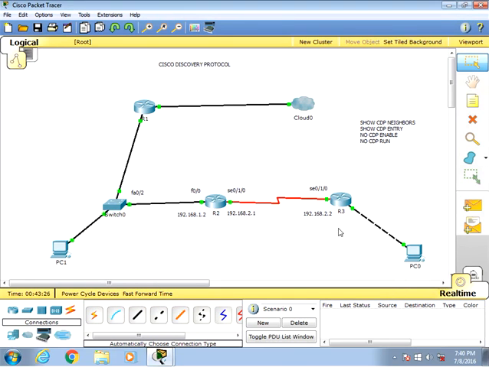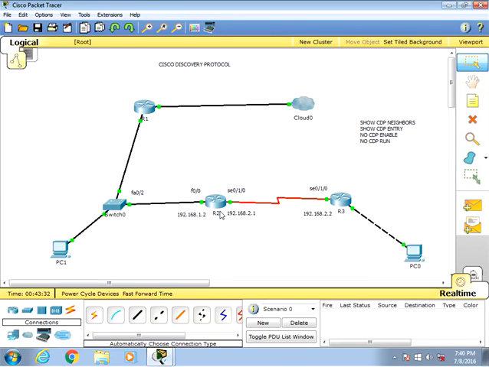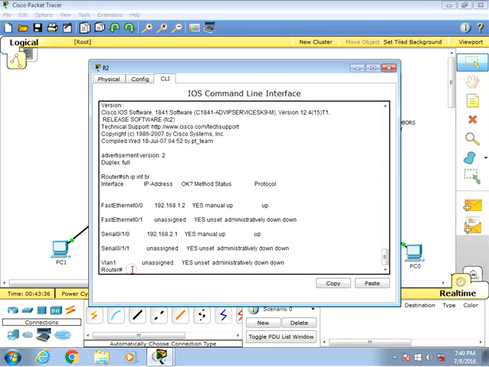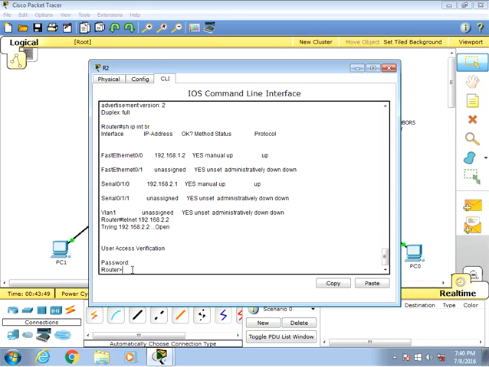And if I want to know which devices R3 is connected to, what am I supposed to do? I need to telnet to R3. So let's go ahead and do that. Telnet. Now we know the IP address of R3. It's 192.168.2.2. It's asking for the password, and